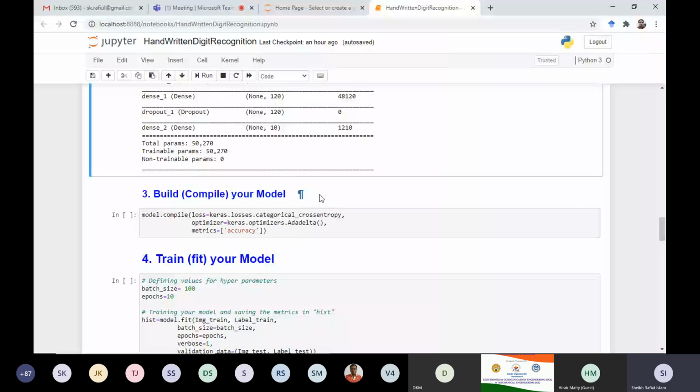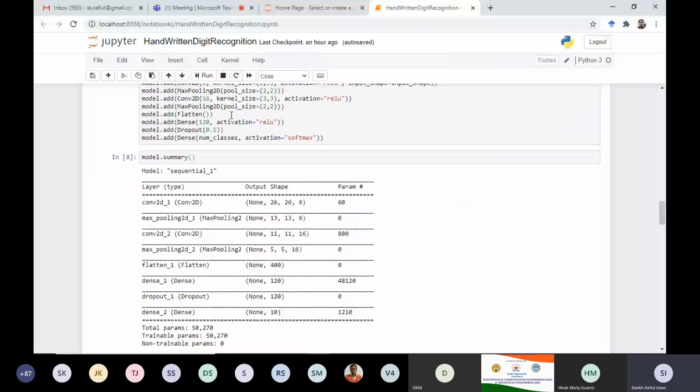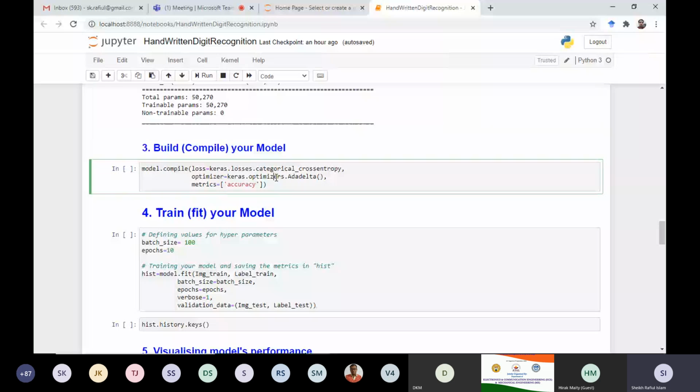So our model is defined. We have seen our model architecture here. That is optional. You need not run this for your project. If you want to see, you can use that. After that, this is compulsory. You need to compile that model.